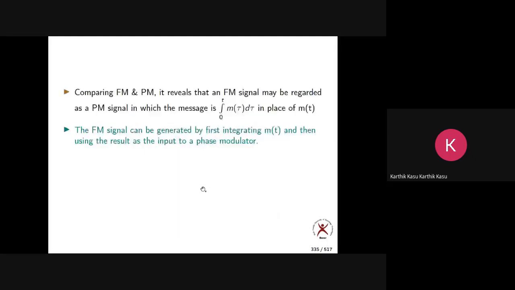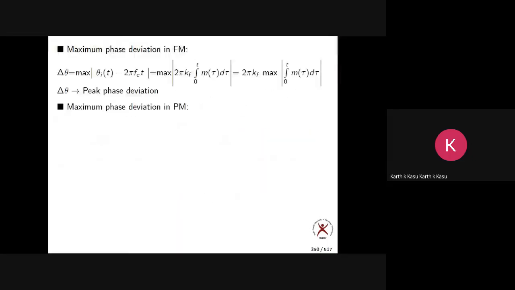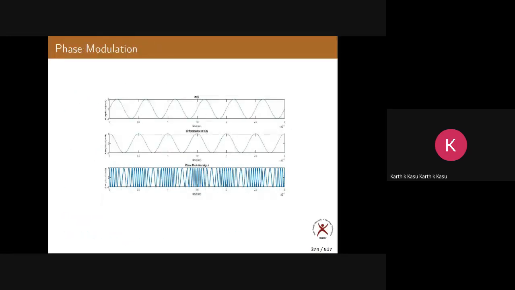Now, that's why I am observing frequency variations in phase modulation also. What is m of t? It is the sine waveform, the original input, the actual input to the modulator. M of t is a sine function, you can see clearly. Now, what is m dash of t? Sine becomes cos. This is cos theta.